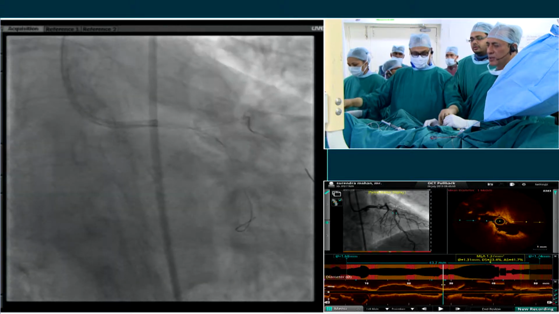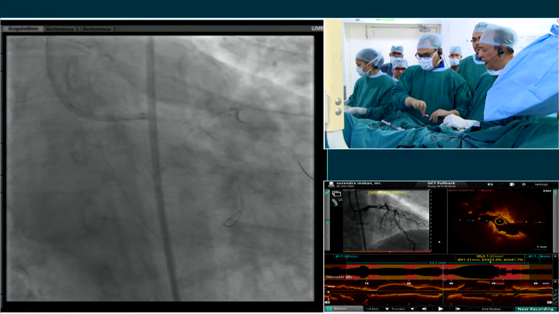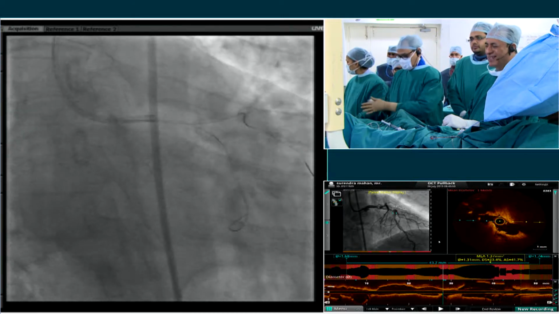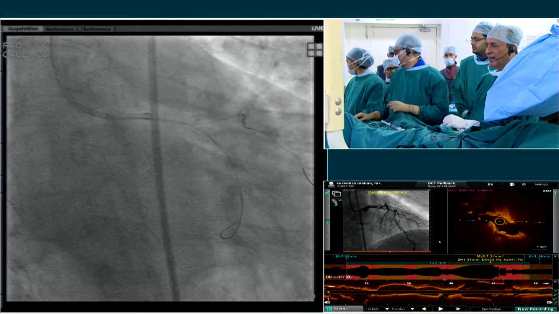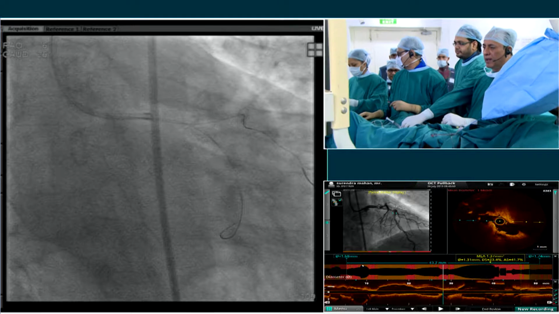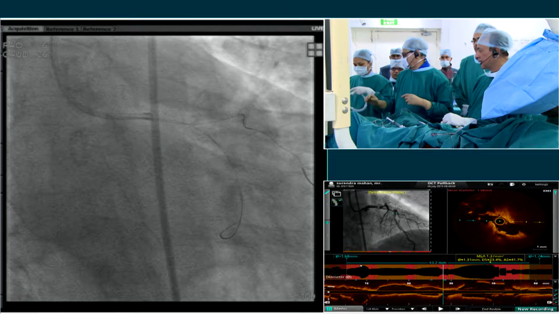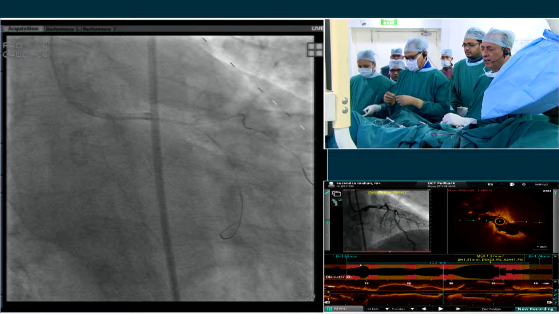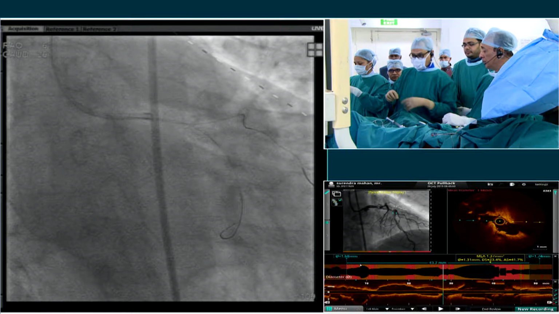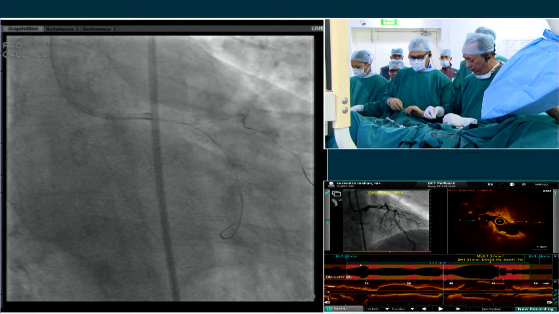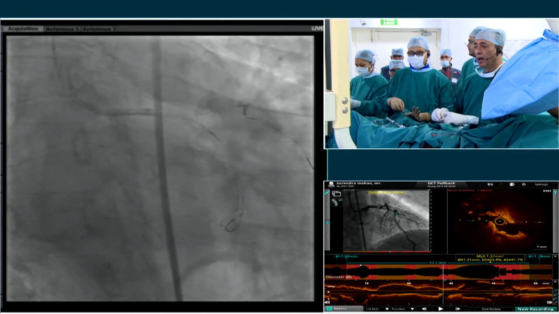It crossed, and I always prefer a Whisper wire to cross this, and I saw it crossed. It's just a question of time, and it takes some time to cross the wire, but it does cross. You can always keep changing the wire, but I feel a hydrophilic wire is better. So we are going to dilate with a short balloon, 1.5, and then